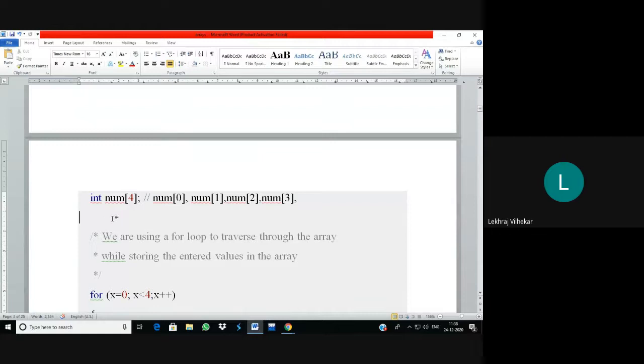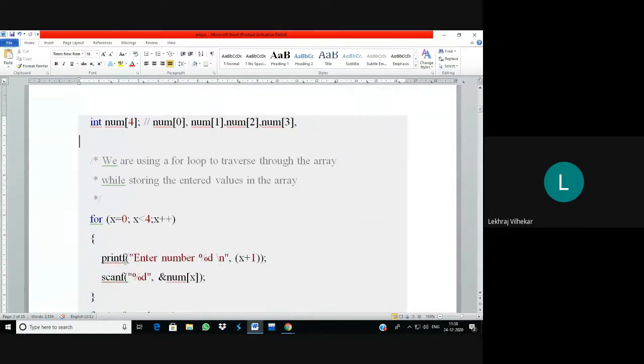So instead of writing this scanf statement 4 times, we simply put the scanf statement inside the for loop like this. So, enter number, the number you have to enter, 0, 1, whatever. We have to execute this for loop 4 times, because we have to read 4 elements. So how is the for loop? x starts from 0, because our elements start from 0, and it will go up to 4.